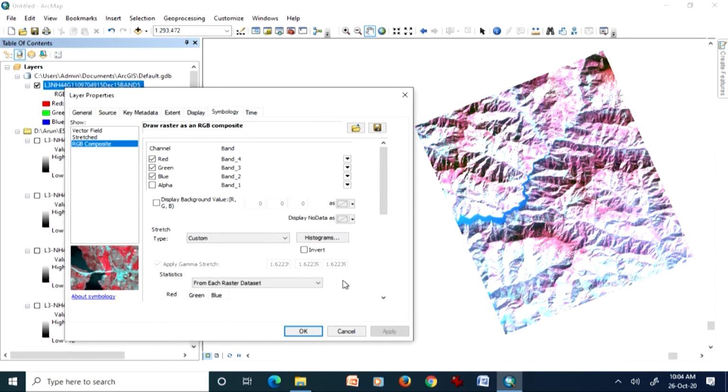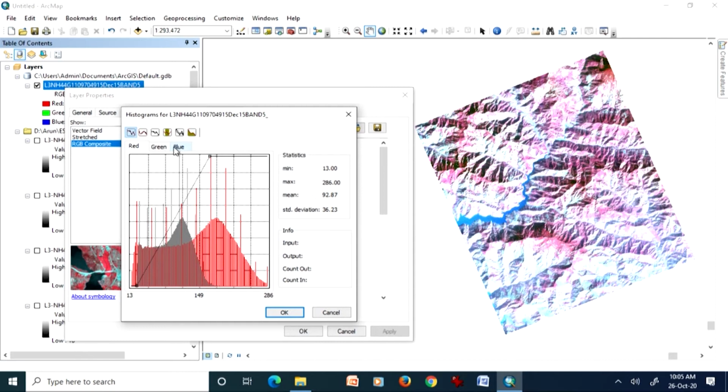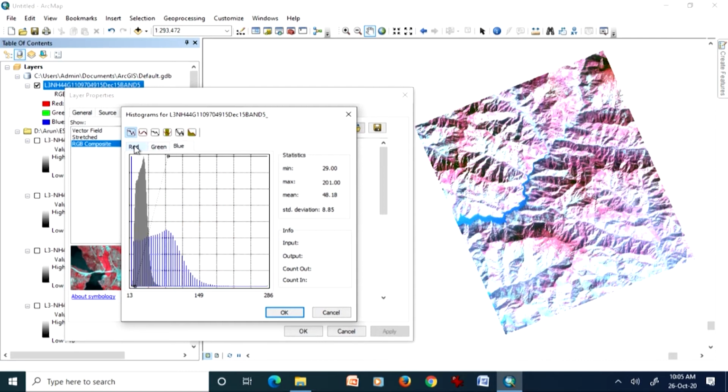Some changes have occurred, but may not be very good. Whereas, if I choose some already available option, like histogram minimum-maximum, that is a linear stretch. As we have already seen, the minimum and maximum value for each band is different.